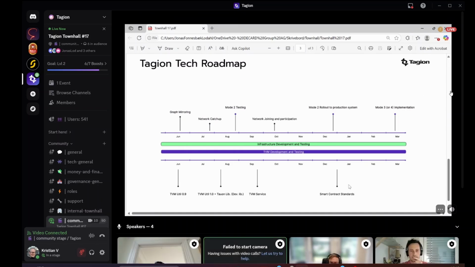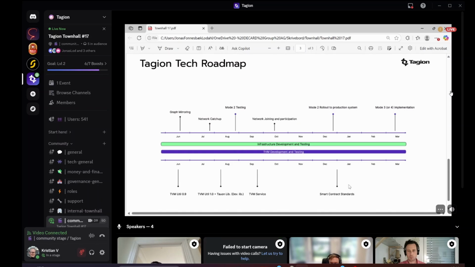And then we, of course, have the database, which you also have to synchronize. So we have to update the database and so on. So there's a lot of things going on before you can join the network. This we have worked on for